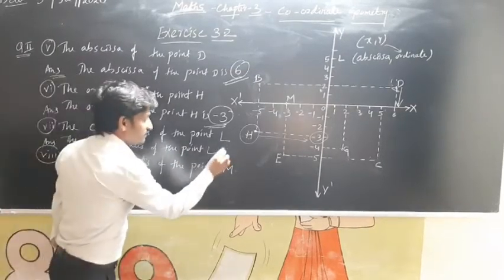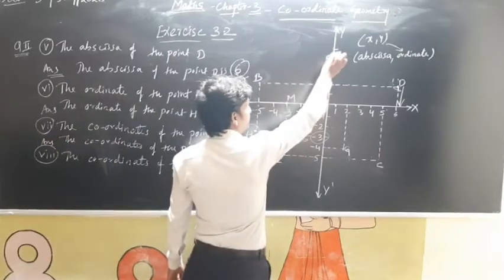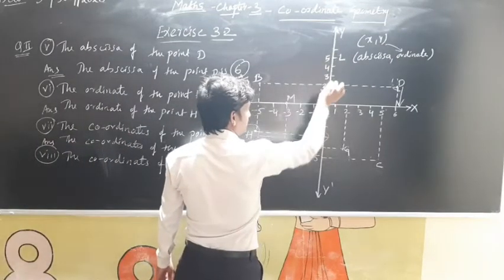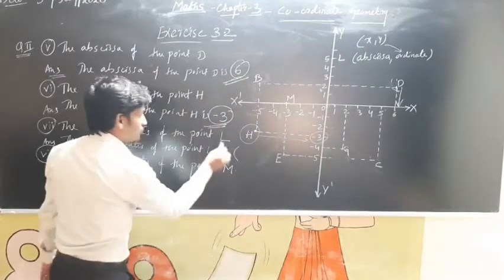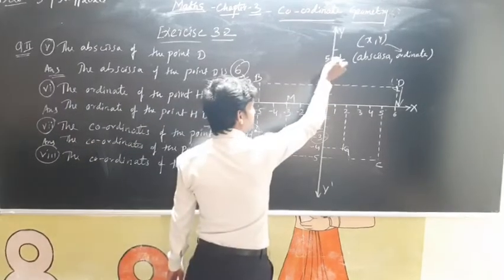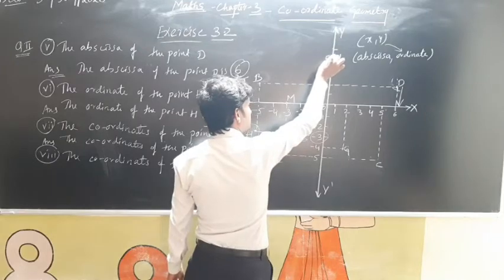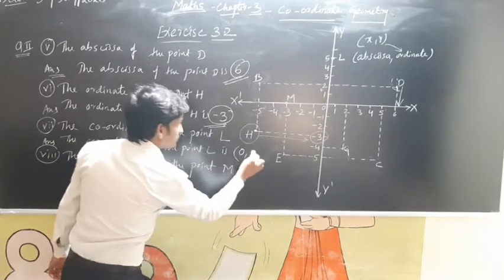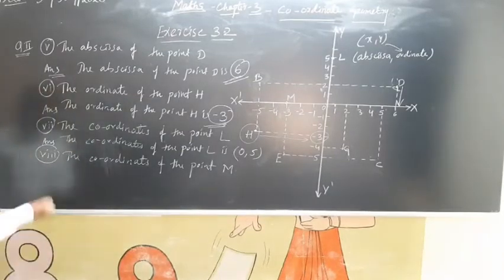That is first x value. This L goes and touches towards the x value at which point? That is origin, that is 0. So answer is 0 comma y. It is touching the y axis at 5 itself. Here only it is. Okay, it is being on the axis, so we will get 0 comma 5. And the last one.